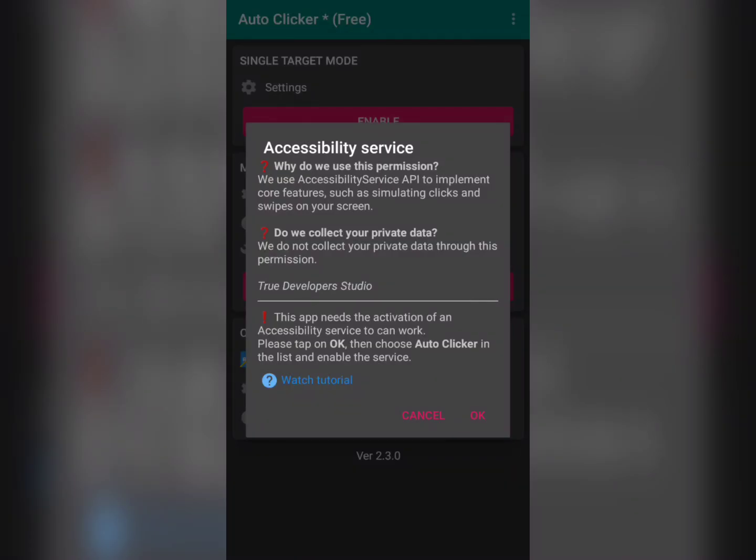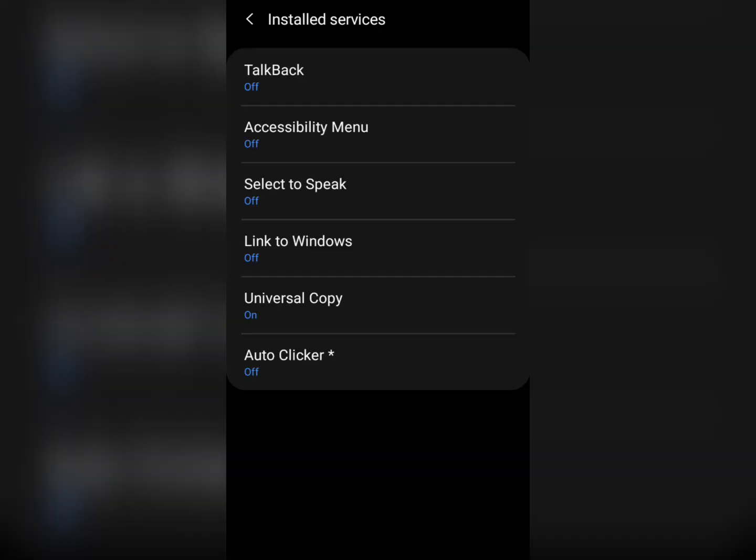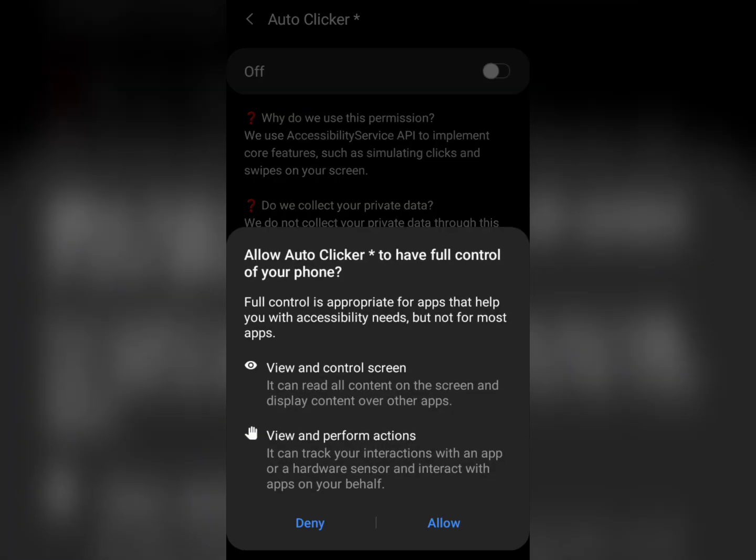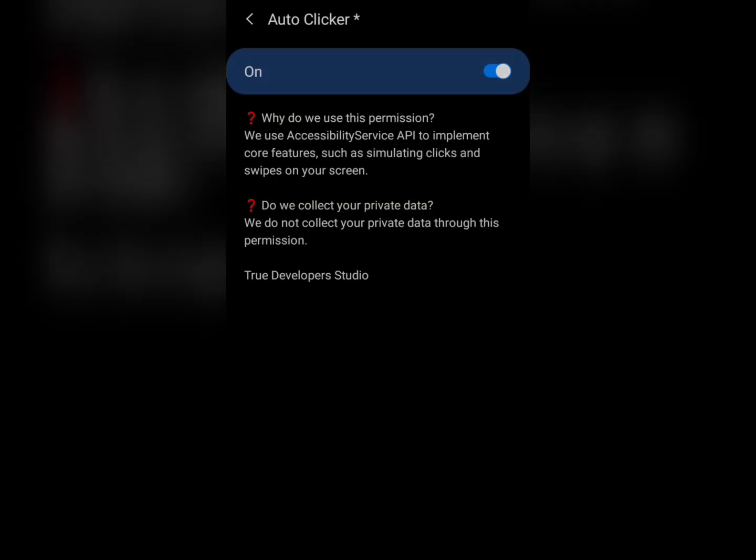This is pretty much the home screen of the application. Once you open it, it will ask you the process to set it up. So you're going to need to tap on OK here, and it will just redirect you to the section. Do make sure you tap on or look for the name of the app, which is Auto Clicker. You tap on this option here, then you select the on option here. And once you have done that, you tap on the allow option here, and it will pretty much turn on